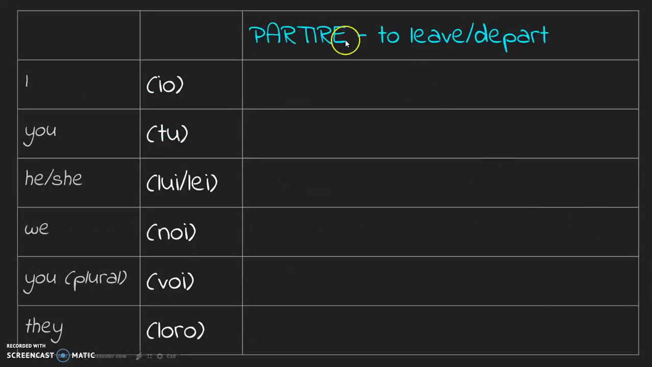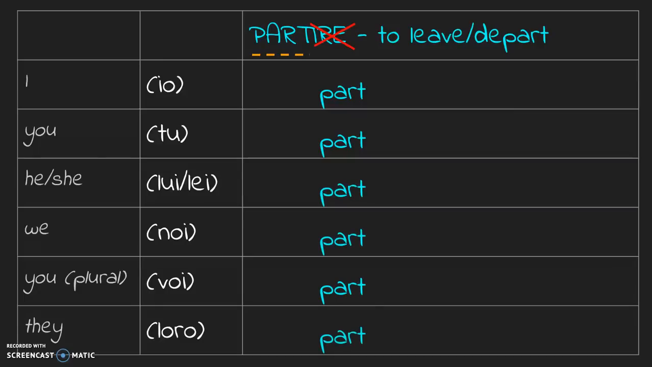So now we've come to our last verb, partire, to leave or to depart, and this time this is an ire verb. So our steps are very familiar to you by now. We cross off our ending, we are left with the stem, which is part, and our stem begins each conjugation. Now we finish the verb off by adding the endings. So again, these are slightly different to the